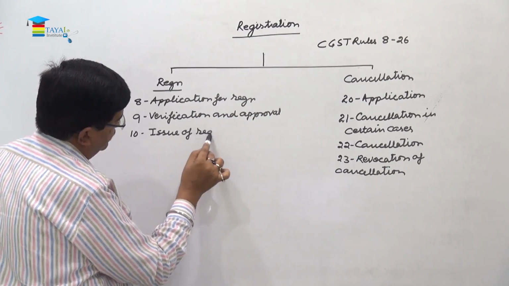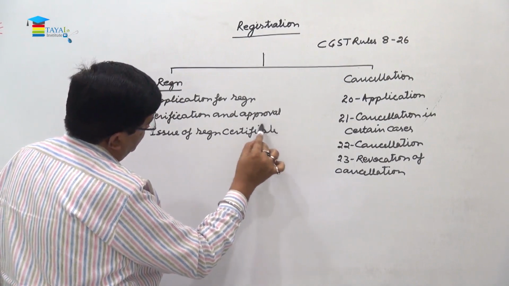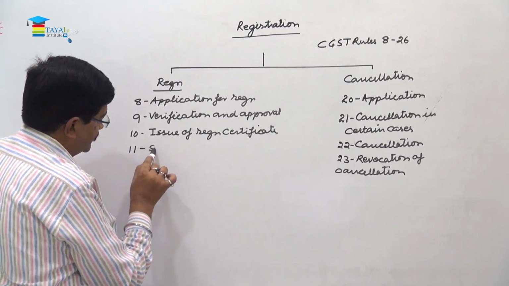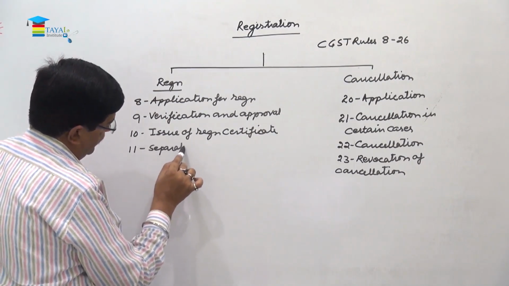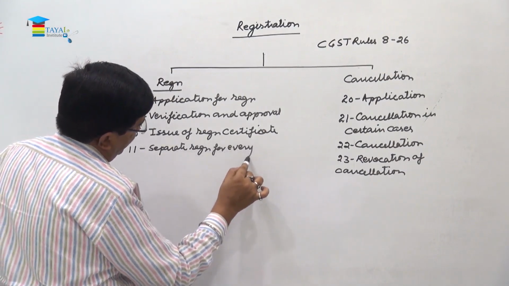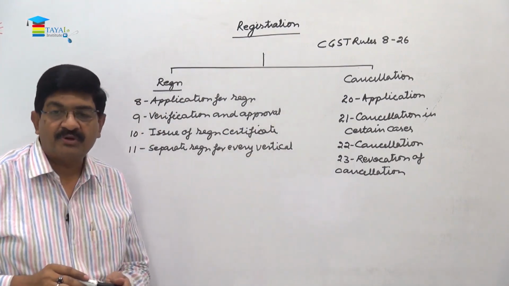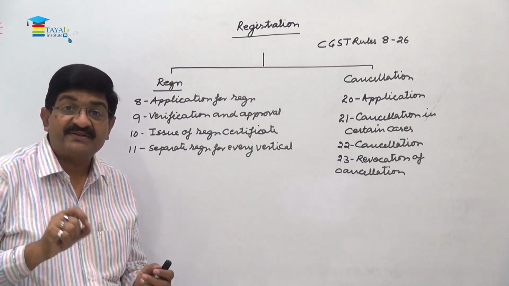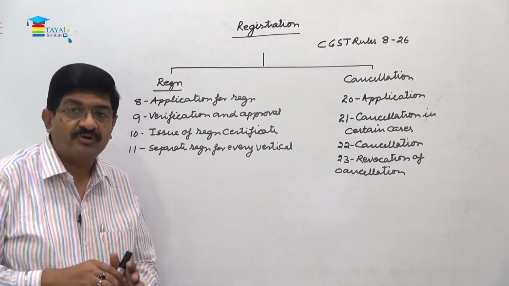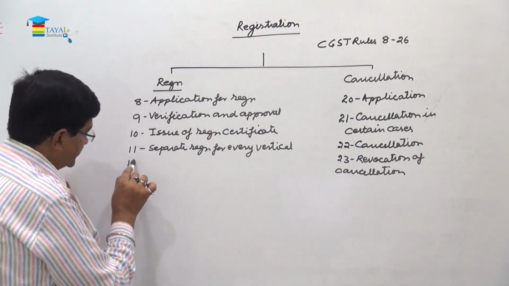Issue of registration certificate. Rule number 11 says separate registration for every vertical of business. And in the later part we'll talk about the registration is needed in every state separately, and within the state also if you have different verticals of business, then separate registration is required for every vertical of business. Then rule number 12, this refers to